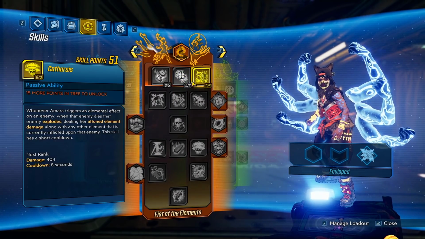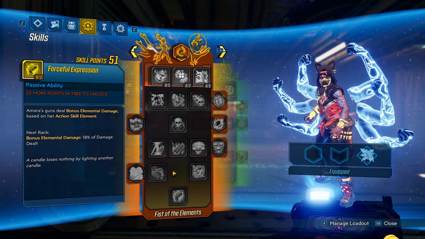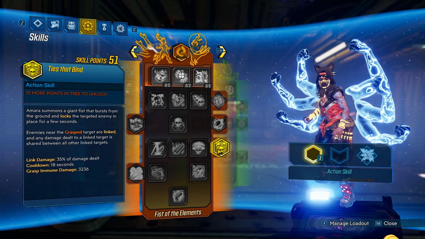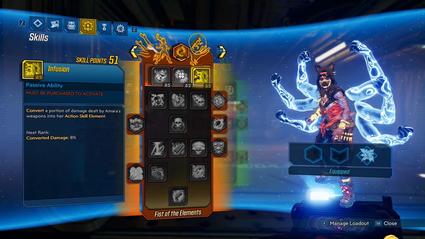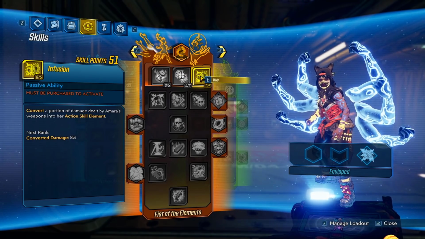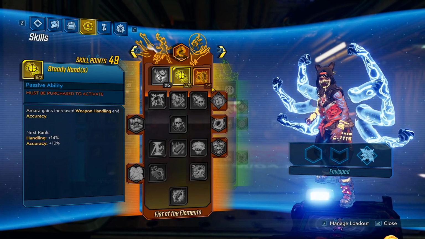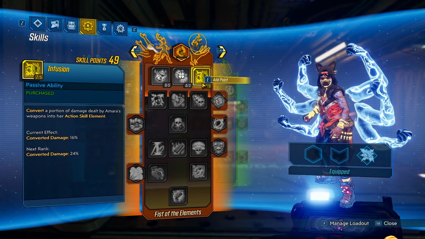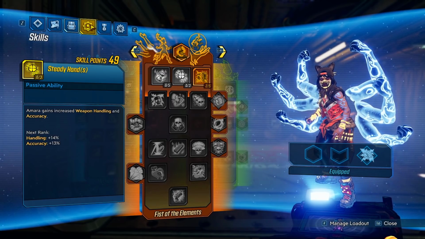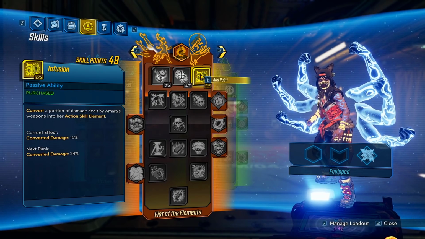Now from her red tree, we do want a lot of stuff from this tree, but the very important things are sustainment, Ties That Bind, Dread, Tempest, and Infusion. This is kind of up to personal taste, but I do put 2 points into Infusion. You can only put 1 if you want to, but at least have 1. This will make it so that you can shoot a dual stat lob, which is really strong, especially if you